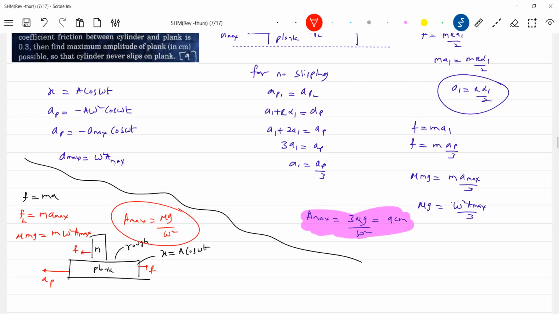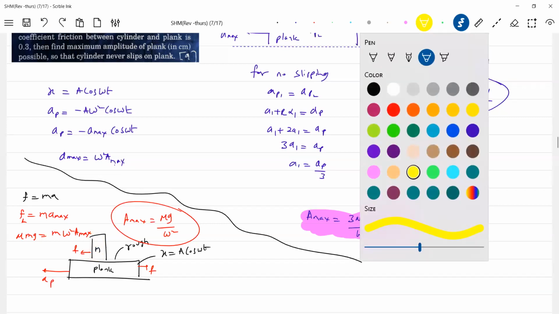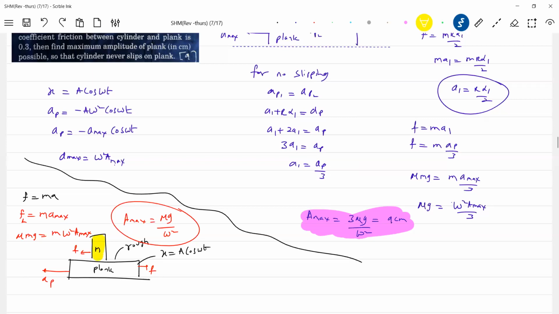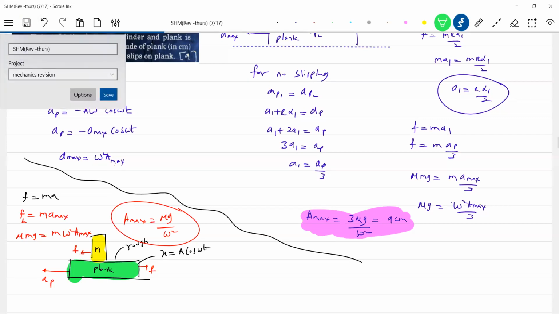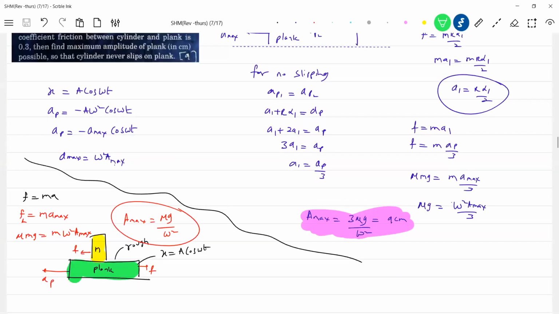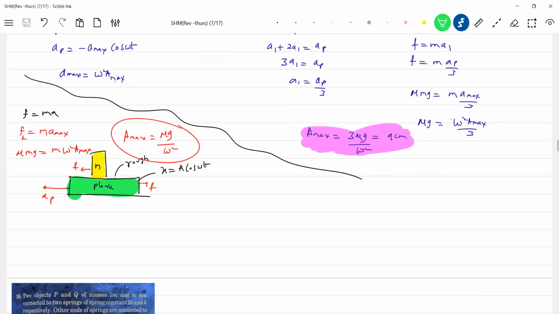Got the idea? The difference between the rolling object and a block is placed. In matchings, they may trouble you. Try to understand the basic concept. The plank is just a platform which will be oscillating. Okay, we'll take the next question. Maximum concentrate more on small ideas rather than lengthy ideas, because if you check even the advanced paper, they prefer to ask the small ideas.